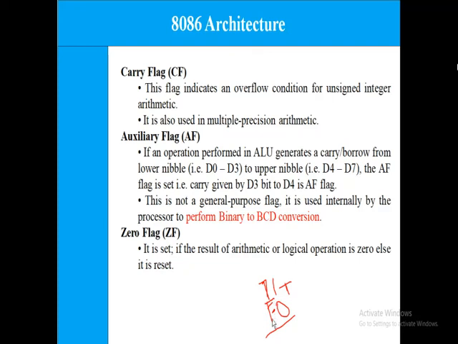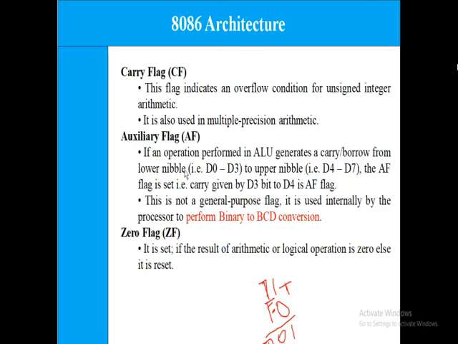If we are adding these two numbers, this is 1 plus 0, 1, F plus 7. F plus 1 means after F, in hexadecimal addition, it is 10. That is, after adding there is a carry. This carry is generated. If a carry is generated, then this carry flag will be set.